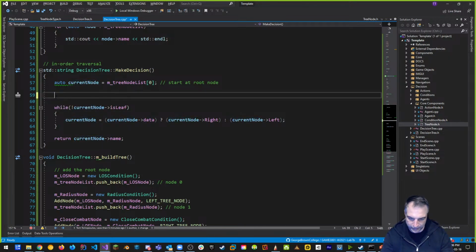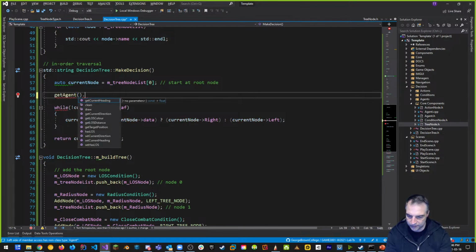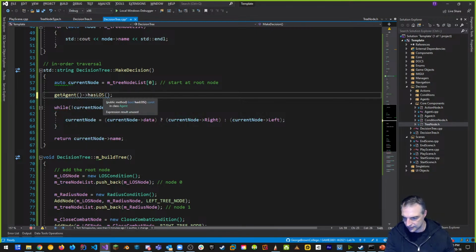But I want to get this information from the agent. So whatever the agent's line of sight is, I'm going to say, get agent, and I want to get their line of sight. Get agent line of sight. What does that return? And I want to set this as agent line of sight to whatever the data is for my main current node. So current node, I want to say that dot data is equal to